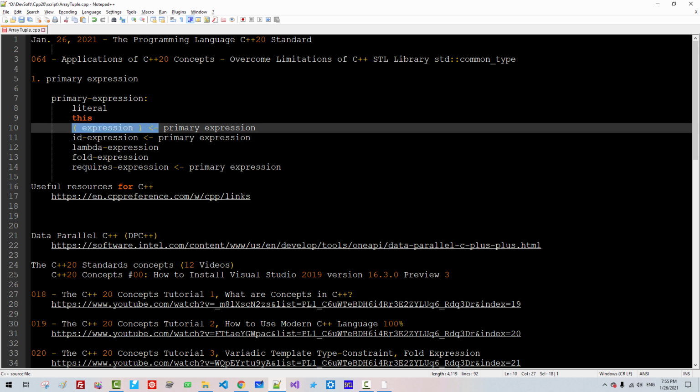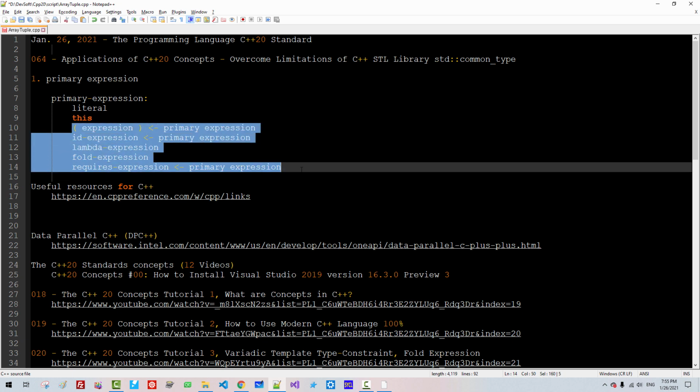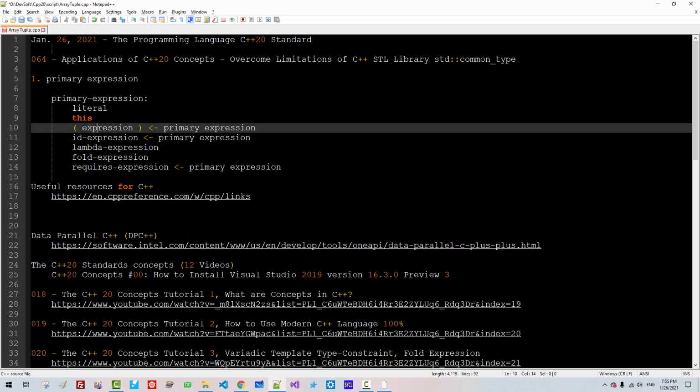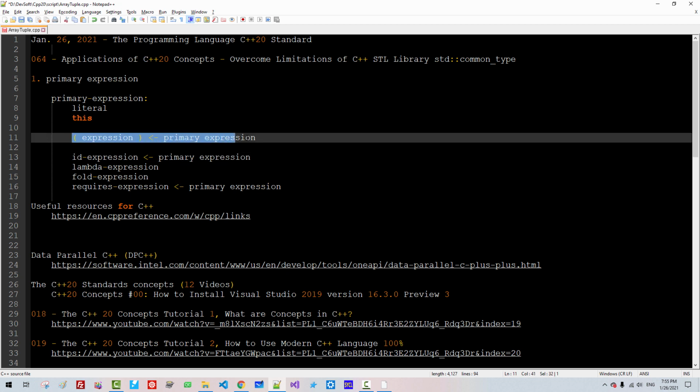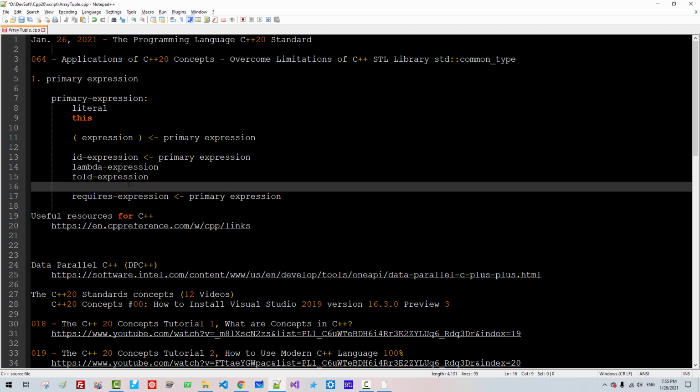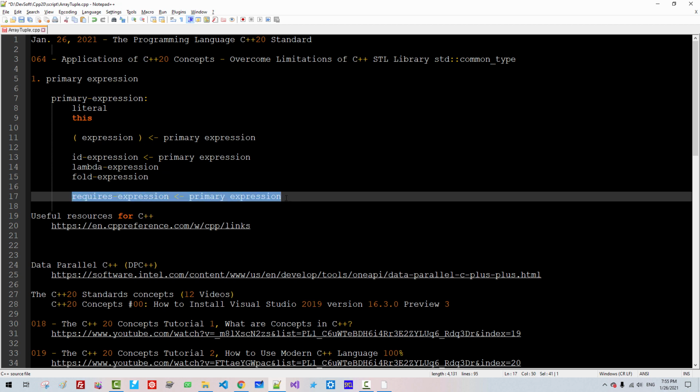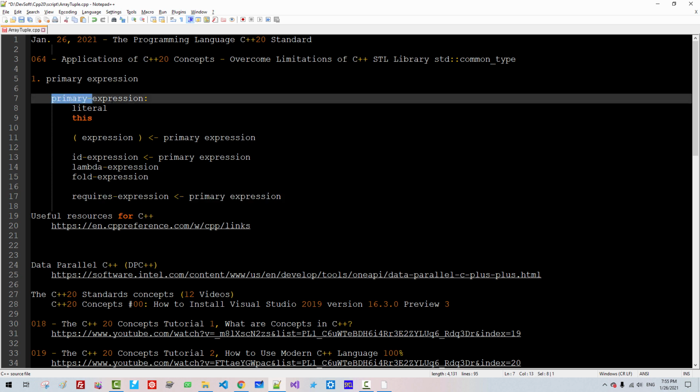I will discuss these things in future sessions, especially that an expression enclosed in parentheses is a primary expression. We will use this definition in this session. Also, we will use this definition in the current session. Keep in mind what a primary expression is.